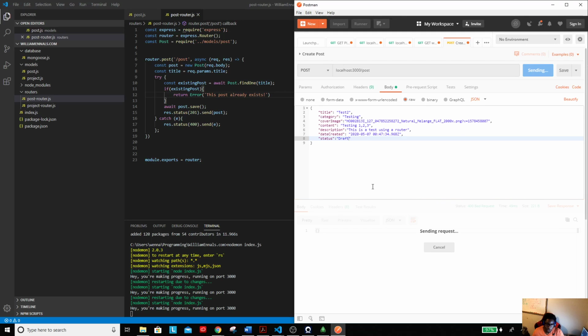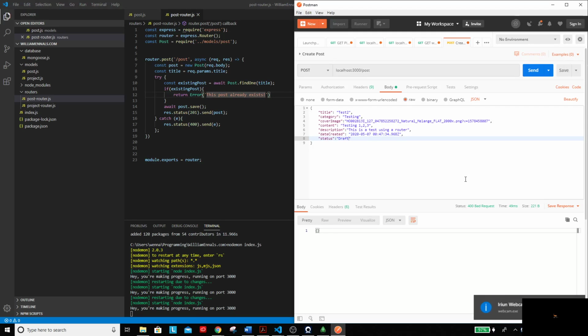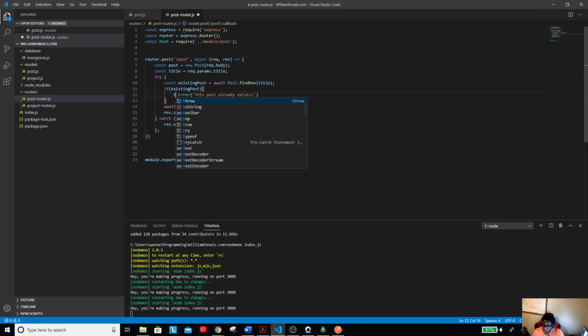Nope. It's going to keep waiting forever because it returned out of one place, but it never moved into this next block here because it's trying to save it, and it's like, hey, you threw an error, so we can't save it. So I think what I need to do is